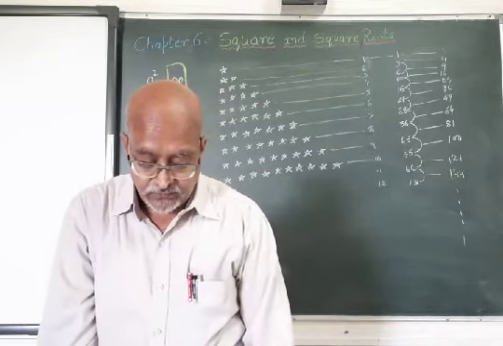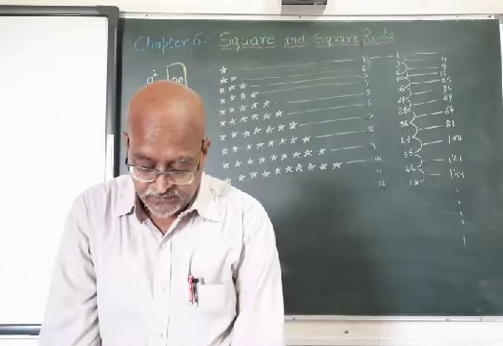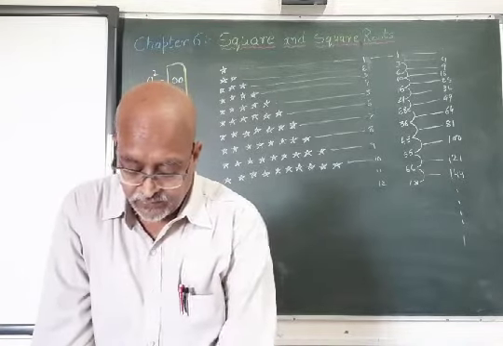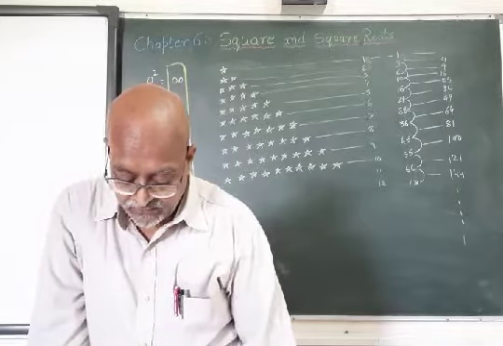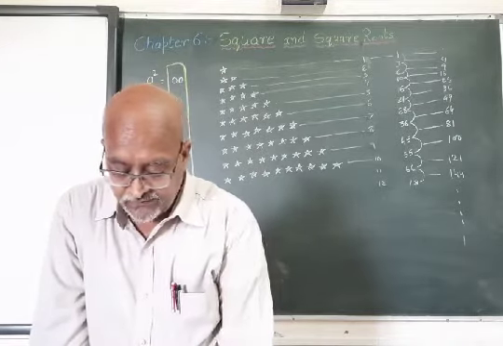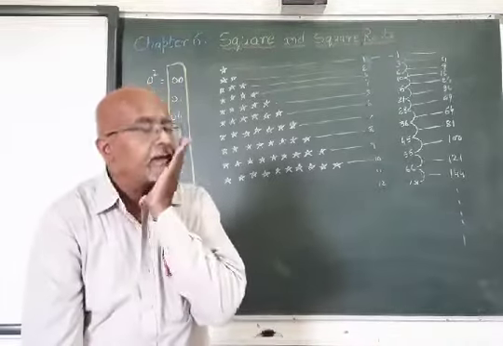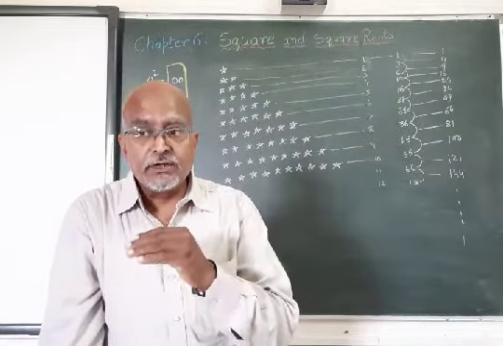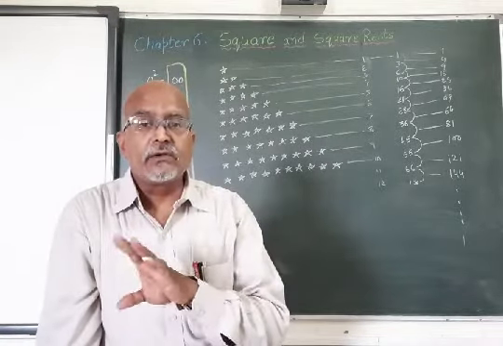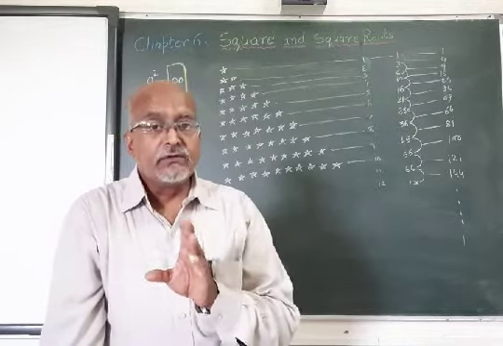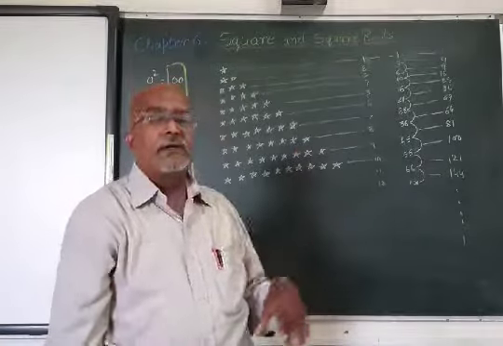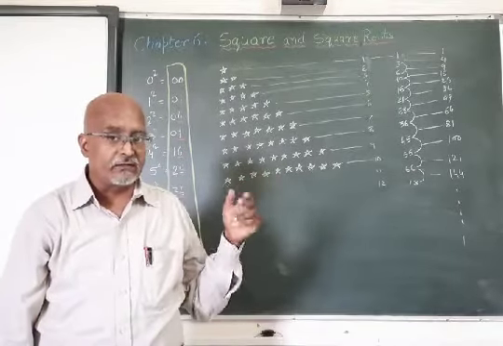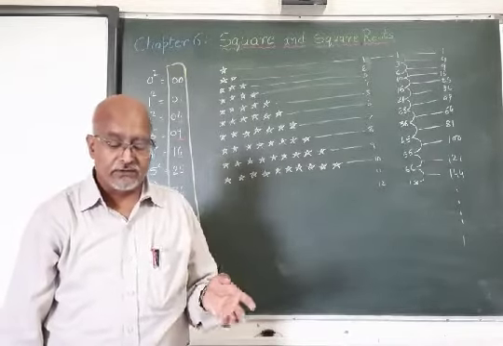Here in your textbook also the series of perfect square numbers are being given up to 50. 1 to 50 on page number 91 it is. So if it is difficult to remember, now you can remember up to 10 or 15 maybe, but after 15 it goes on becoming tougher. Every square number you cannot remember. Got it clear? So this is the way, or either you can multiply the same integer, a into a is a square, so that way also you can find out the perfect square.